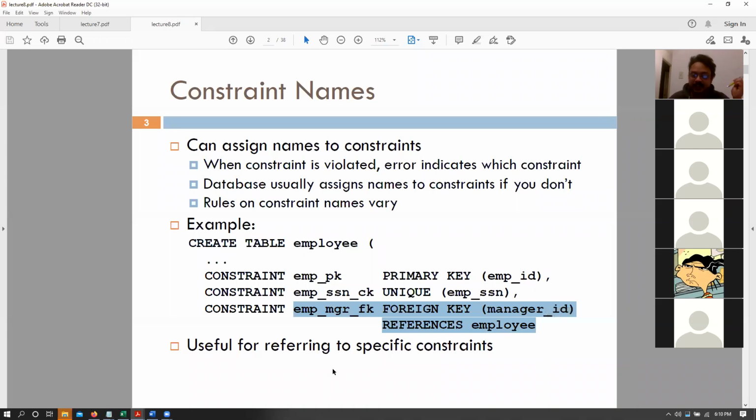If we do not specify names for our constraints, your database system would actually assign names for you, and they specify quite meaningful names to those constraints, but it might be useful for referring to specific constraints by names, and we will talk about this next.